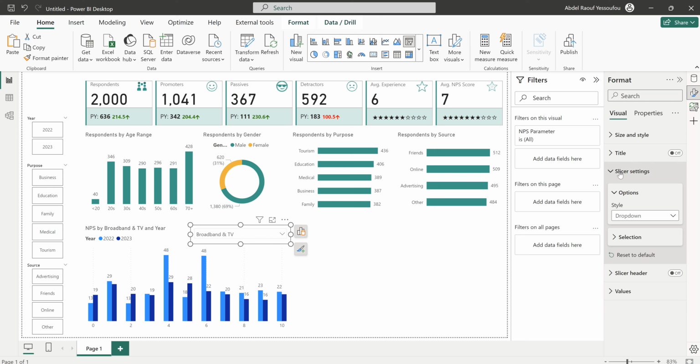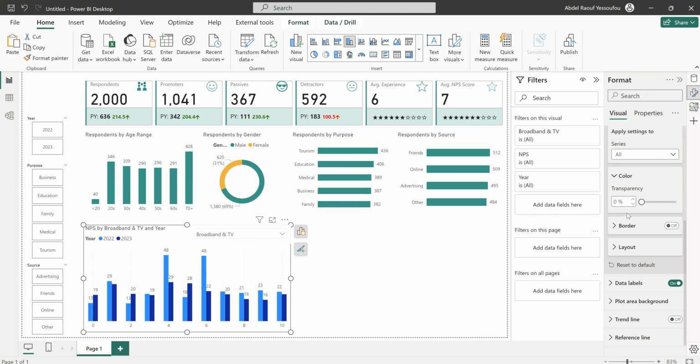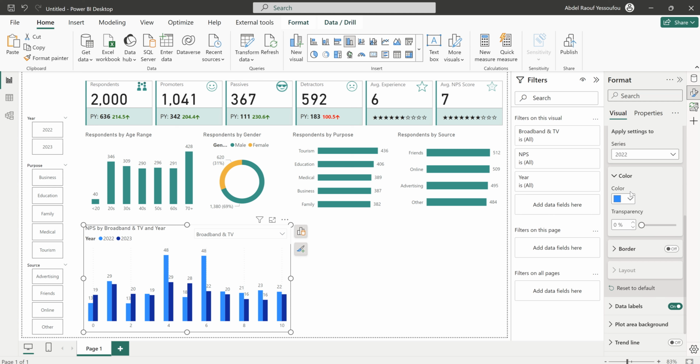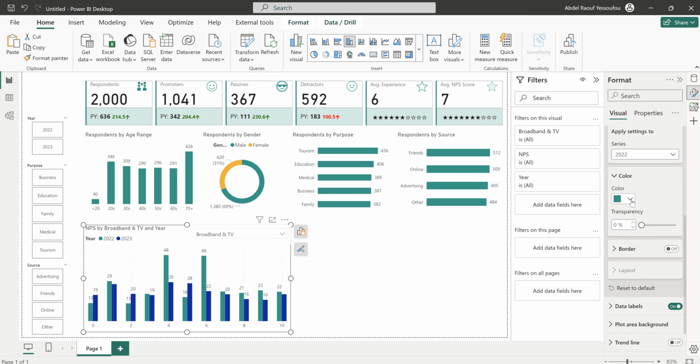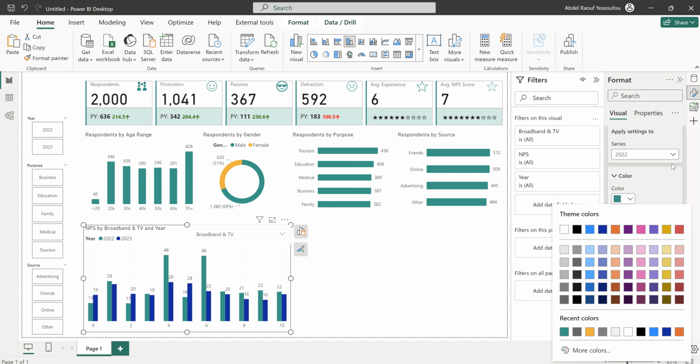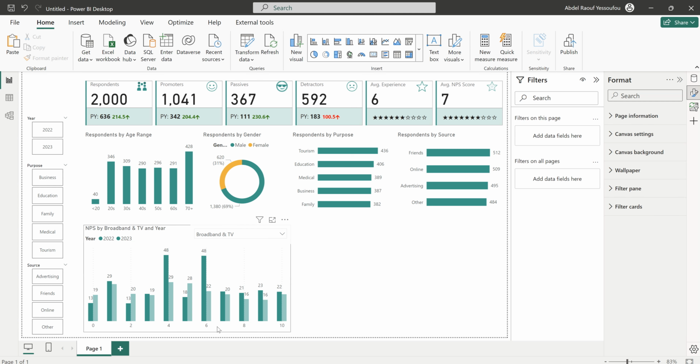Let me change the color of these columns. 2022 this, and then 2023 same color but transparent. Okay, so I think we are done with this,